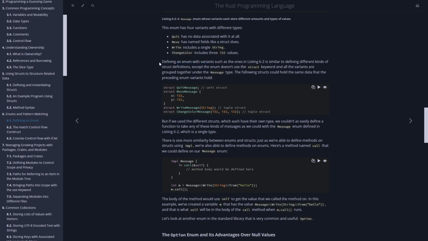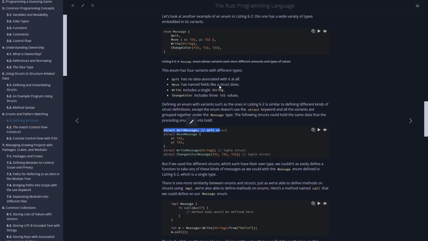Defining an enum with variants, such as the ones in listing 6-2, is similar to defining different kinds of struct definitions, except the enum doesn't use the struct keyword, and all the variants are grouped together under the Message type. The following structures could hold the same data that the preceding enum variants hold. Struct